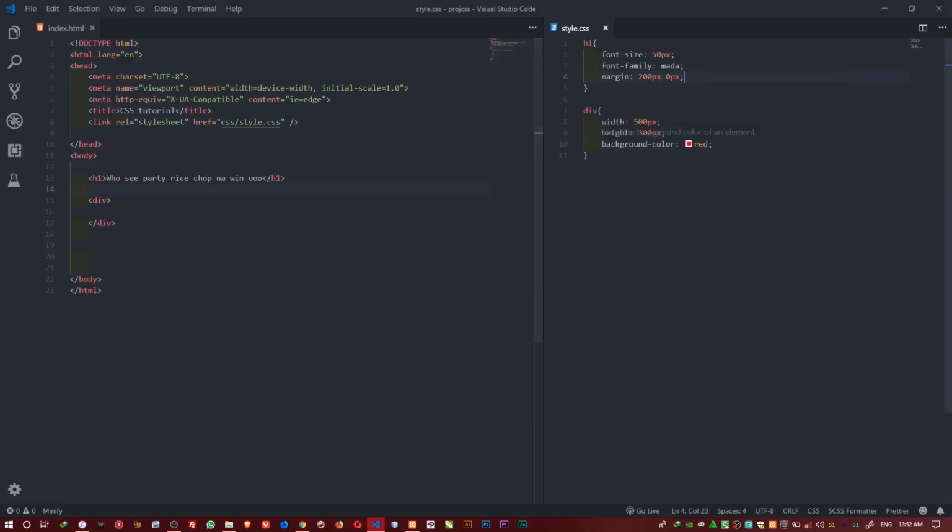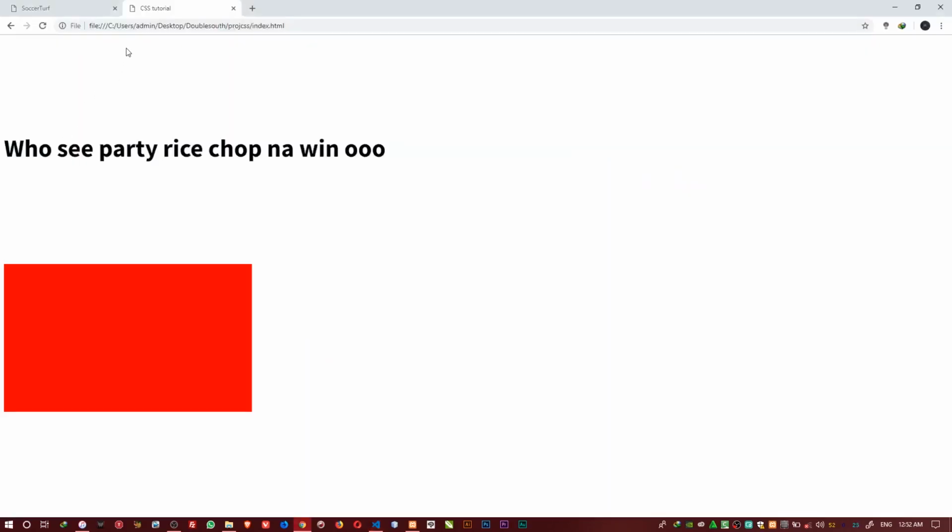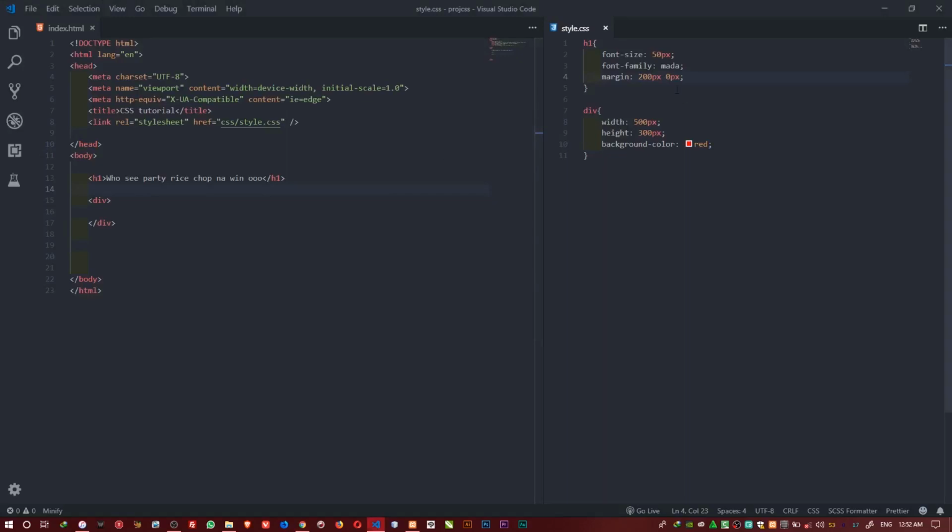Now you may wonder, what if I want the space for each side to be different? We can still go back to the normal way, but if we don't do it like that, we can do it in a single line. This margin can collect 2 values, and it can also collect 4 values. With 2 values, the first value adds space to the top and the bottom, while the other value adds to the left and the right.